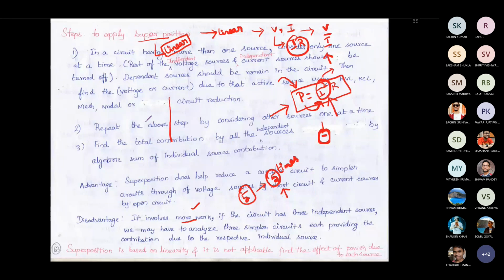Linear in the sense, let's say that you are applying a voltage and you are getting some current. If you plot that voltage and that current, then that characteristic should pass through the origin. Okay, this is the linear characteristic. If you take the slope at any point of that characteristic, you will get the same slope throughout. This is the linear characteristic from an electrical point of view.